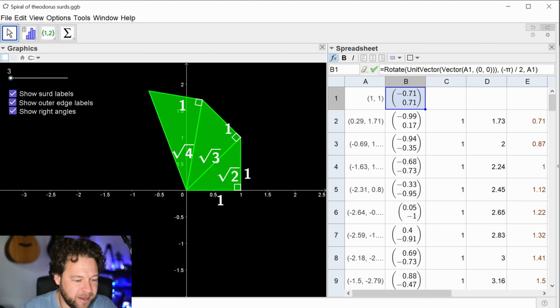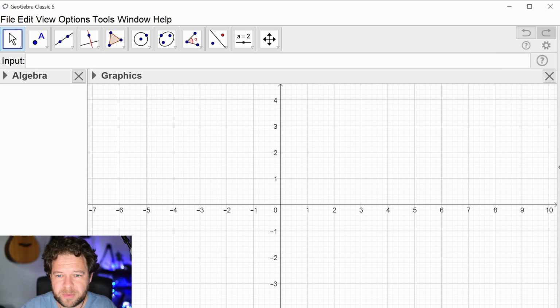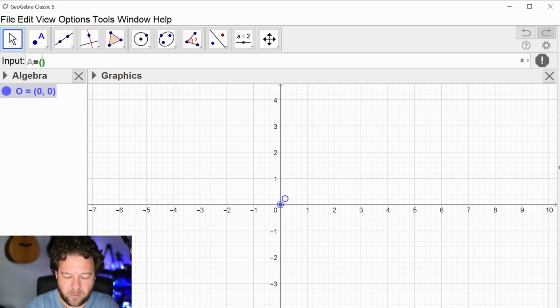So let's pop back to a clean GeoGebra file and do a bit of setup. Let's maybe make the point the origin. I think, by the way, if you just refer to capital O, it thinks it is the origin. But let's just make sure GeoGebra knows what we're talking about. Let's make the origin there. I'm going to make the point A at 1, 1,